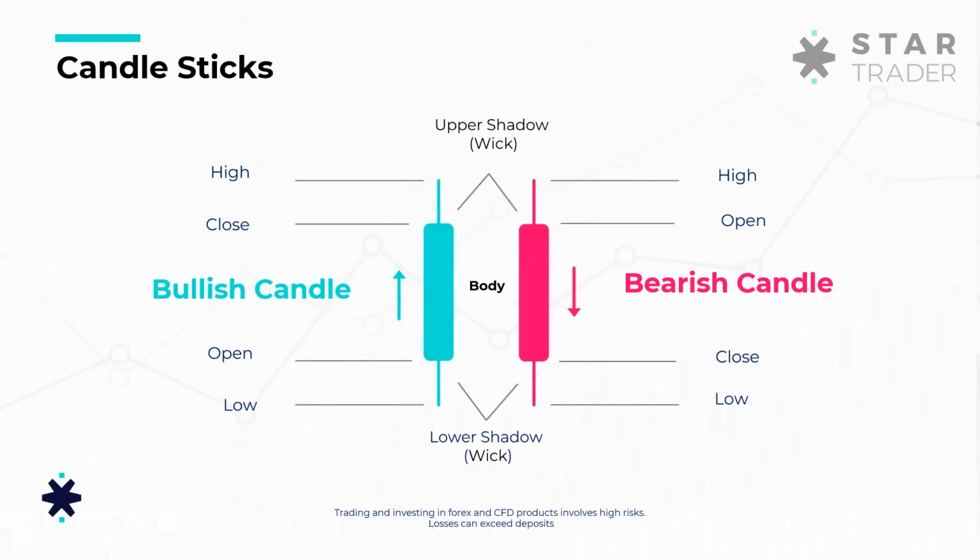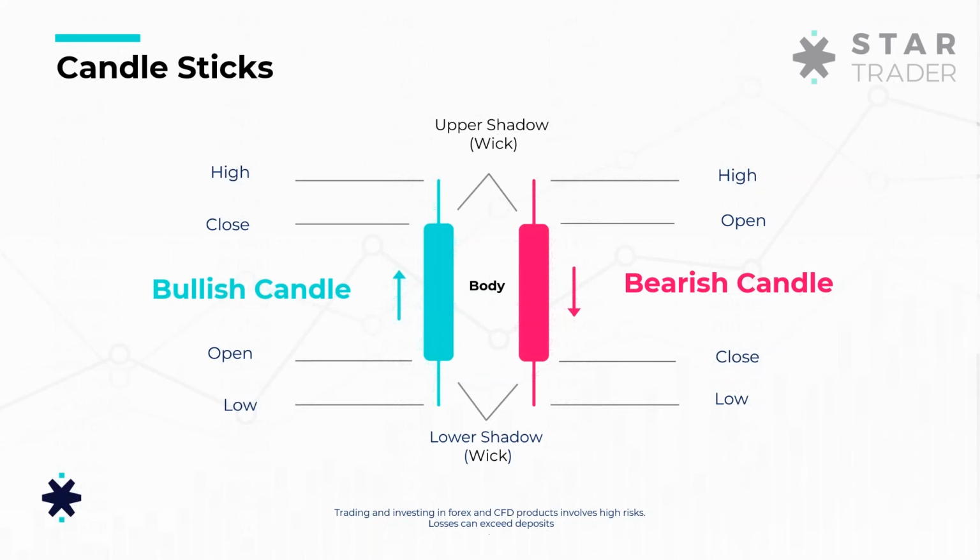Some people can say white and black or yellow and black. There are many colors you can see, but you should know that they are a bullish candle and bearish candle. What do bullish and bearish mean? First, if you haven't attended our previous webinars, bullish means up candle, green candle, happy candle, the candle that makes us profit, where we are waiting when we are buying.